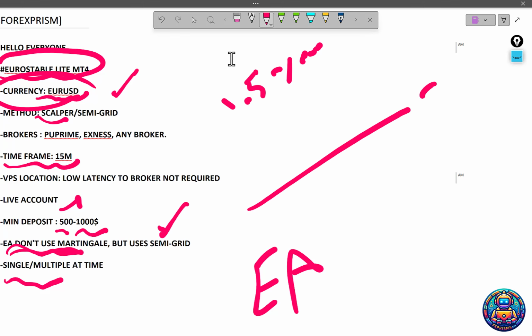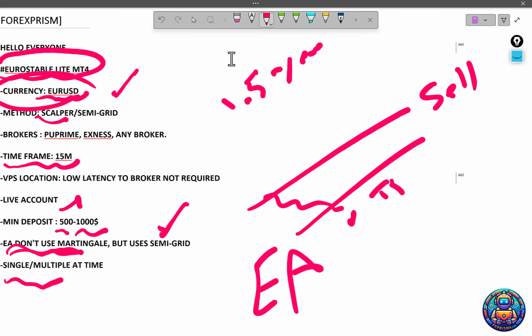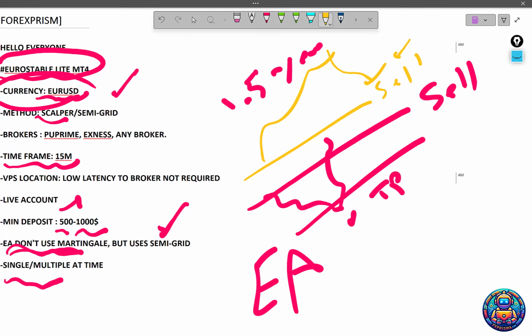Basically, when you have a sell or buy, great. If the price goes down, then it will hit take profit. If the price reverses back, it will open another sell and then another sell until it goes back to a certain level of price, and it will close it, whether it is a total loss or total profit. That is a quite familiar approach using grid, but this robot is not like any other classical robot that just opens